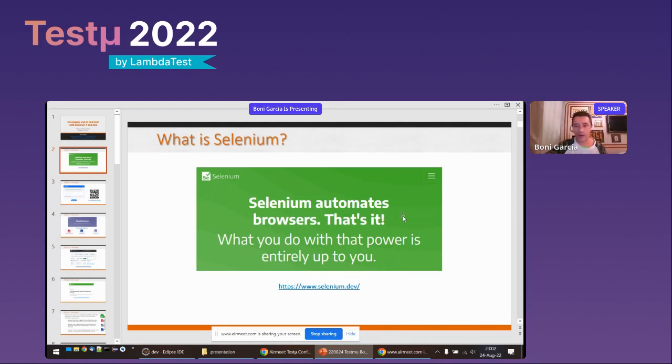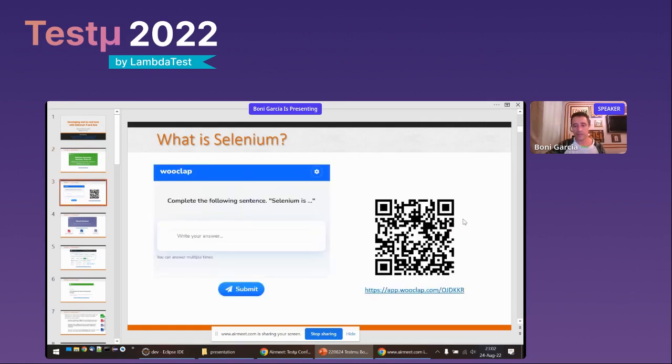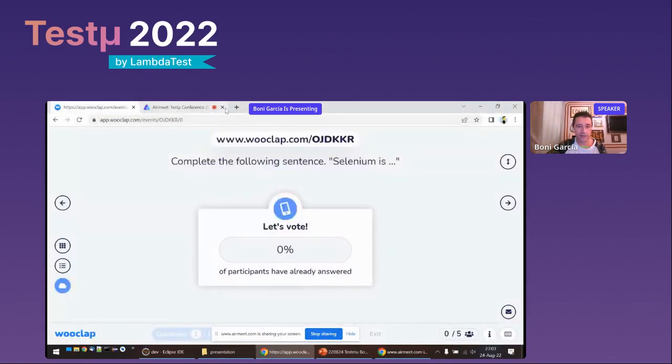So I'm going to start a little experiment with you, if you help me. Please enter this URL. This is a Google application, a question and answer site. You can help me understand what Selenium is, in your opinion. Please answer with simple words or complete this sentence: Selenium is, and whatever you think Selenium is. It's a little experiment to check what people think Selenium is. I'm going to gather the responses here. If you respond, well, we start